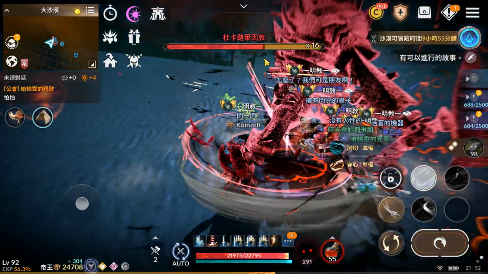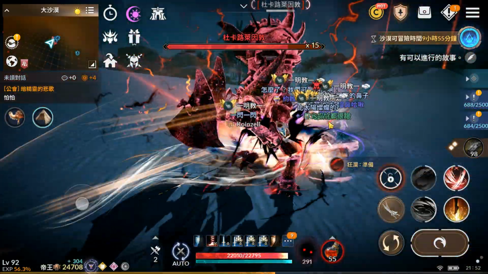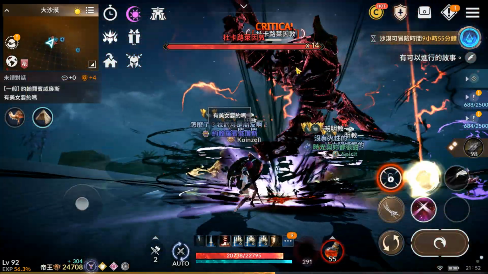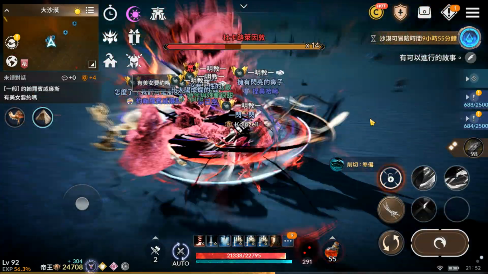There is a weaker one that is yellow. This is the orange one. I know from all the graphics you can't really tell. Wait, let me see. From the name, yeah, from the name you can't tell as well. But essentially, every now and then,